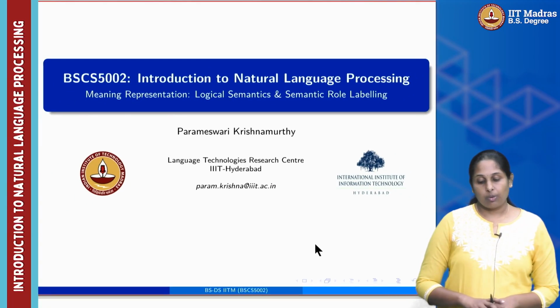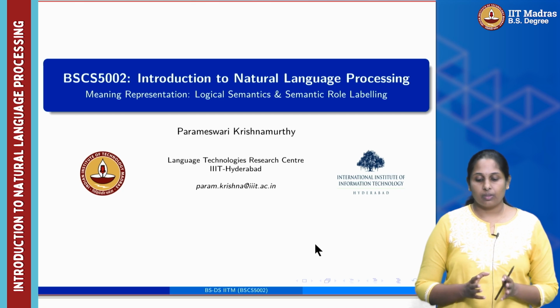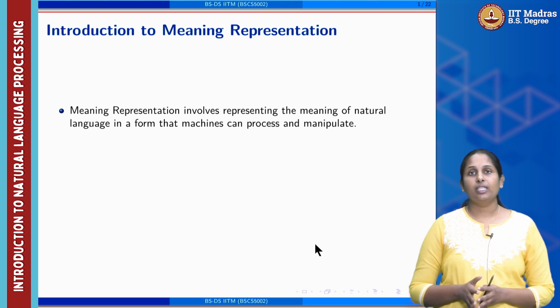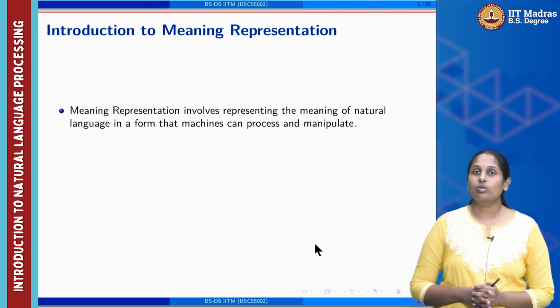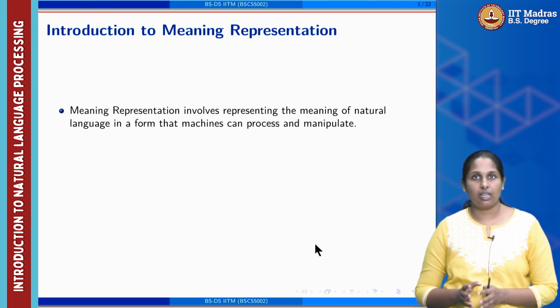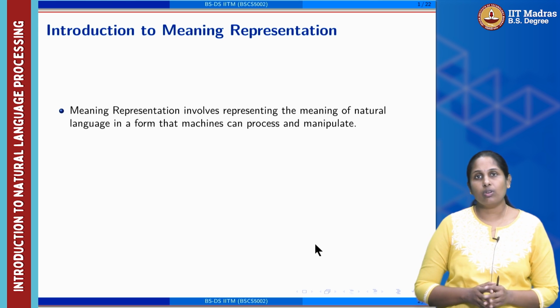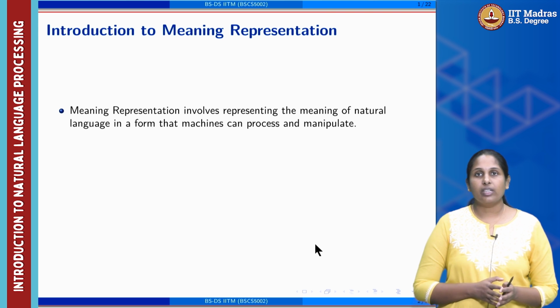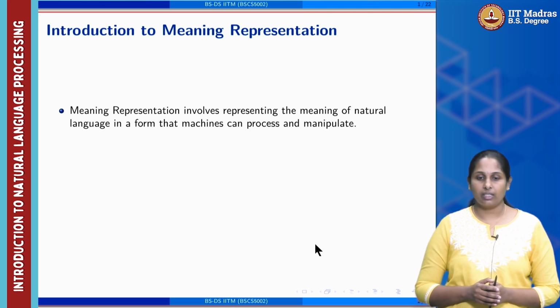So, this lecture is about meaning representation, logical semantics and semantic role labeling. In the previous sessions, we have seen how sentences are formed and how grammaticality and well-formedness, similarly ungrammaticality, which is ill-formedness, can be identified through different kinds of parsing techniques. Now, we are going into the semantics part of the sentence or the whole text, which we call